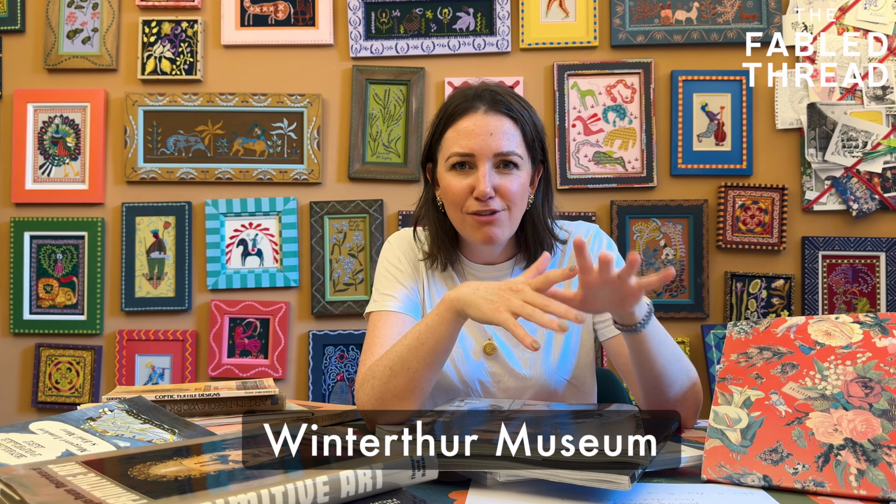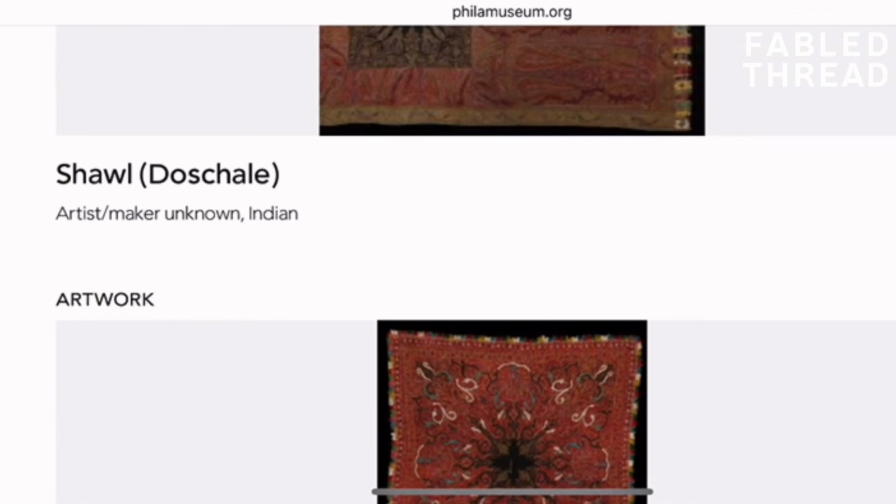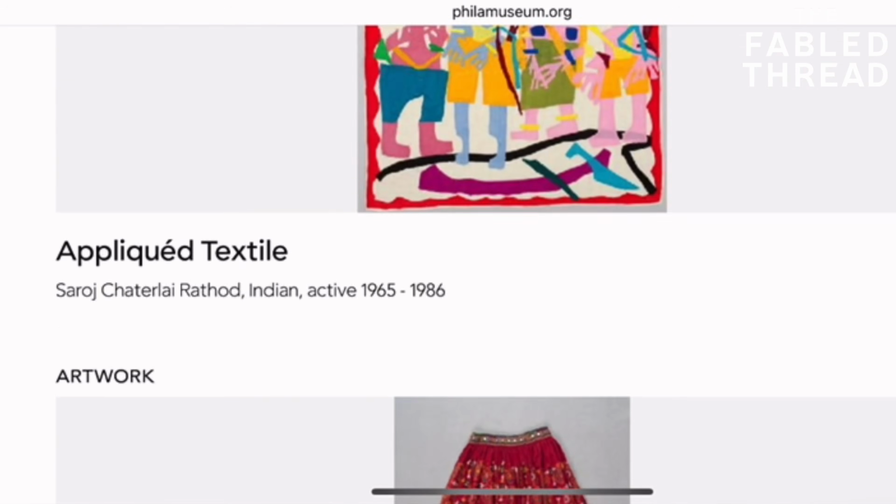And some of my particular favourites are, well, as I said, British Museum, V&A, they have amazing digitised online collections. But then outside of that, there's the Winterthur Museum, amazing for needlework. Philadelphia Museum of Art, they have an incredible textiles collection, which I would never have known about. There's the International Folk Art Museum, the one in Santa Fe, they have amazing online collections, which you have to spend a lot of time looking at.